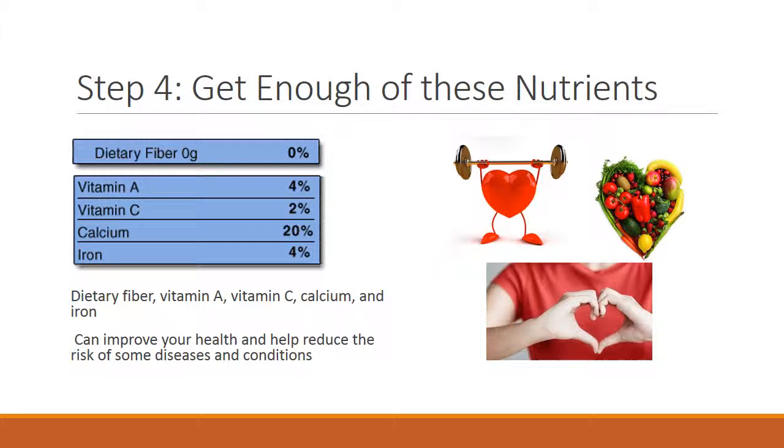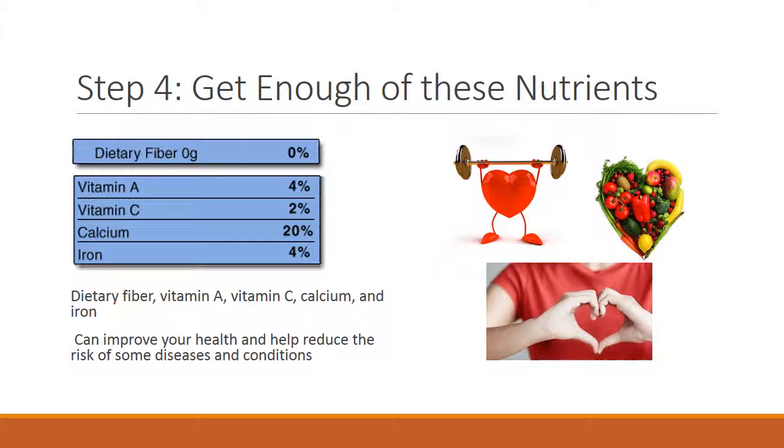The second group of nutrients is get enough of these. Most Americans don't get enough dietary fiber, vitamin A, vitamin C, calcium, and iron in their diets. Eating enough of these nutrients can improve your health and help reduce the risk of some diseases and conditions. For example, getting enough calcium may reduce the risk of osteoporosis, a condition that results in brittle bones as one